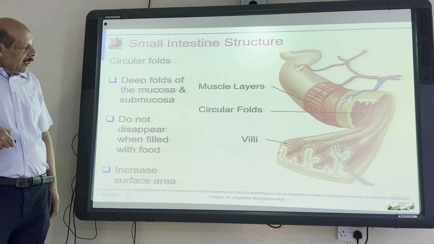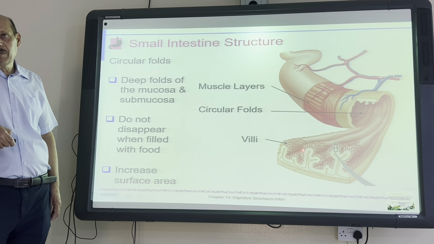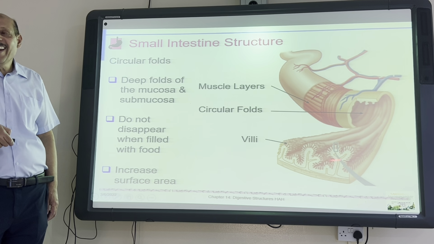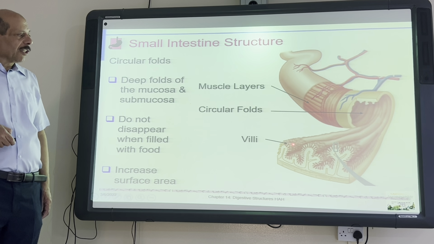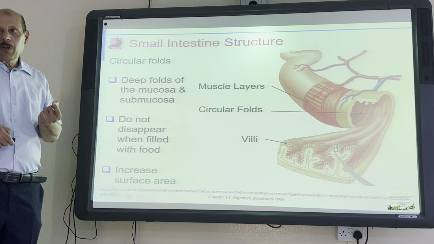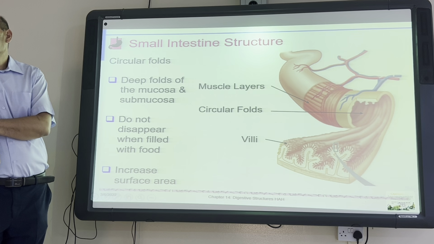In the mucosal layer, there are what we call the villi. So it is lined with the mucosal layer and it is full of villi, which are small protrusions. Those small protrusions also increase the